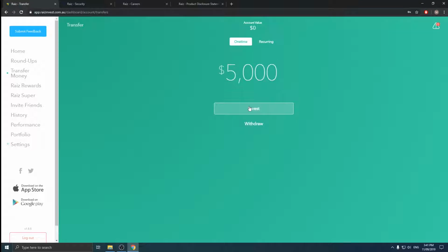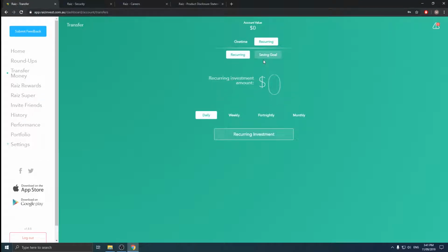And I'd also make sure that you do have the available funds. Otherwise, I believe they do charge something like a $5 processing fee in the event that the account bounces from experience. Additionally, you can have a recurring investment, and you can select how frequently you want that investment to go